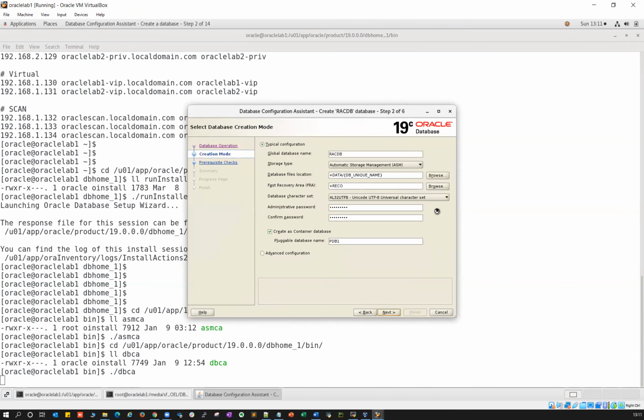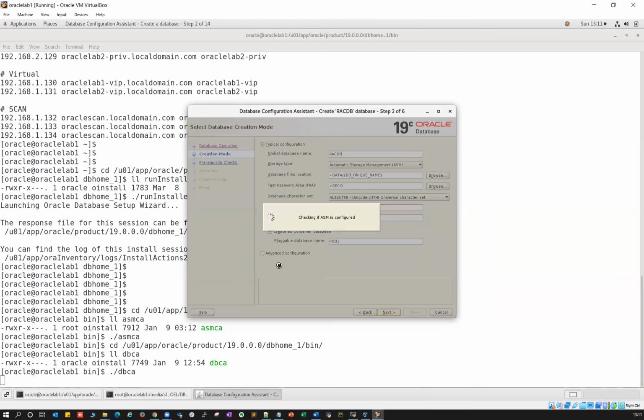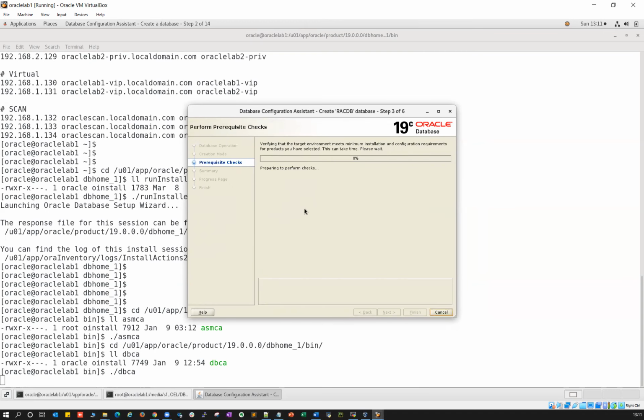If you select typical, everything will be assumed by default. If you go with advanced configuration, you have to pass a lot of parameters inside that. I'll just go with typical as of now. And then it's doing pre-checks now here. If you need it, you can go with advanced and do a lot of changes in the parameters as per your design. Since this is my lab, I'll just go with typical, whatever the recommended default configuration. I'll go with that. Right, so it's verifying all of them, all the SCAN, network, VIPs, public IPs, all of those, and then ASM integrity.